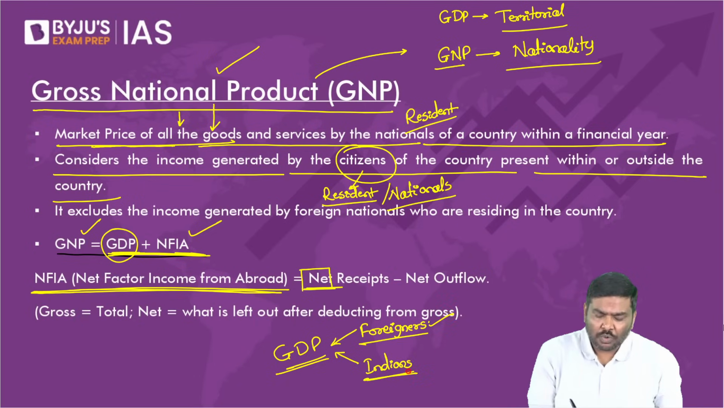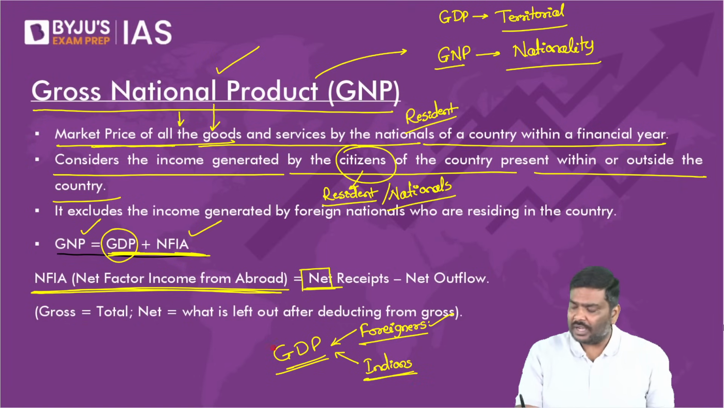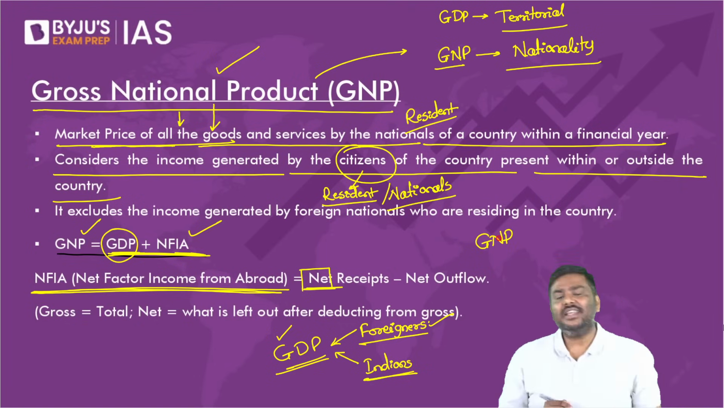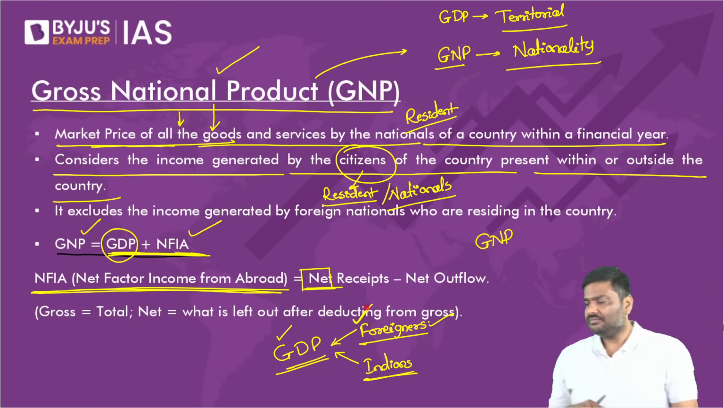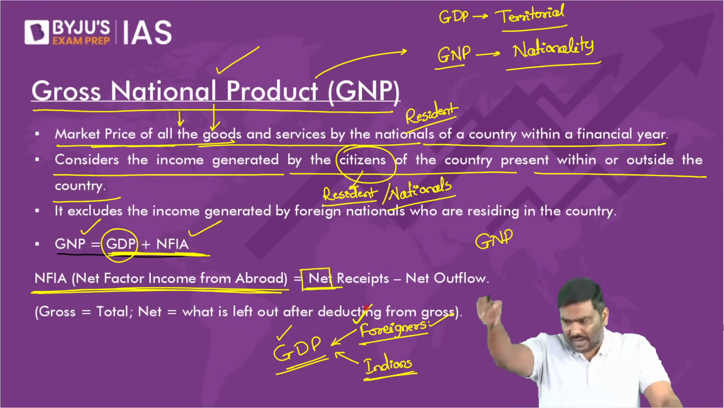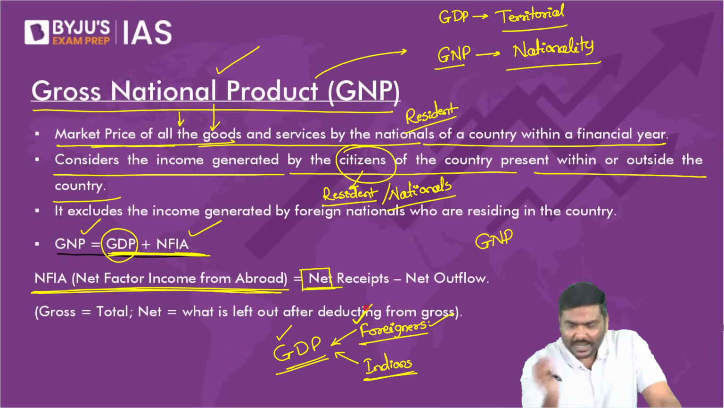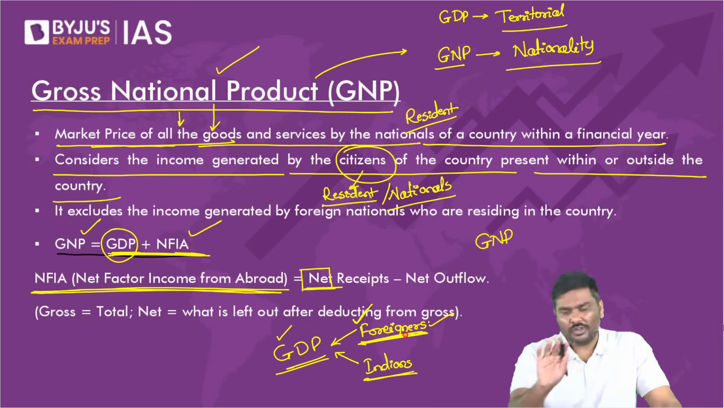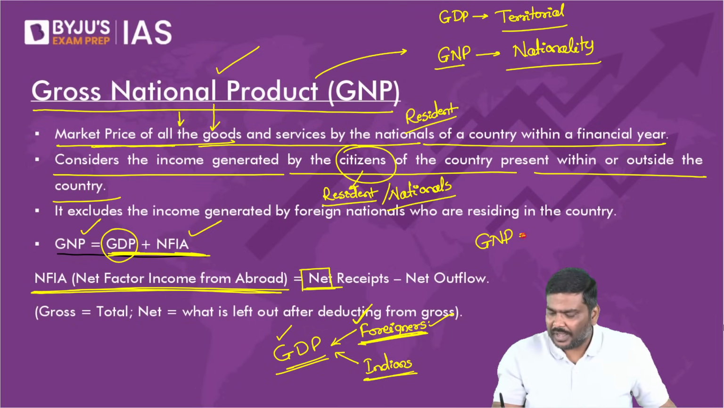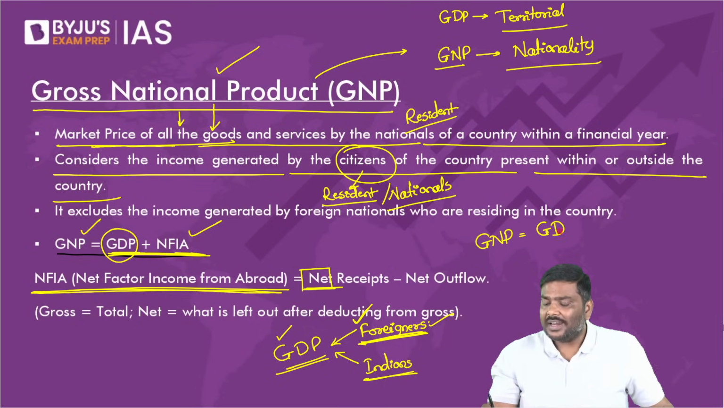If you want to move from GDP to GNP, gross national product, should you be counting the salaries earned by foreigners in India? If you want to use GDP to calculate GNP, should you be counting salaries earned by foreigners? Your answer will be no. All of you will agree? So can I write like this? GNP is equal to GDP minus salary earned by foreigners living in India. But on the other hand,